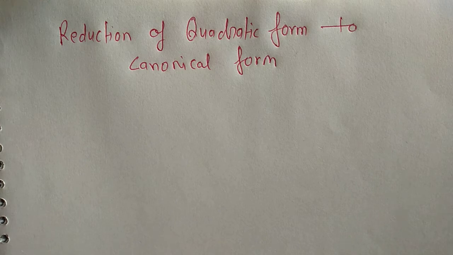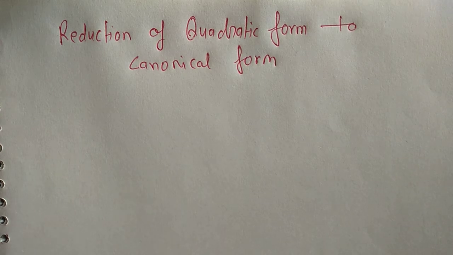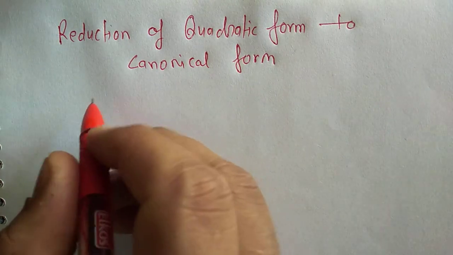In this video, I am going to present reduction of quadratic form to canonical form. First we see what is the quadratic form and the matrix representation of quadratic form, and then finally we see reduction of quadratic form. So here I am going to write the quadratic form in three variables, 2-degree quadratic form in three variables. So let us have variables x, y, z.